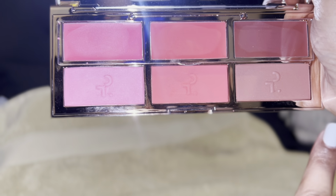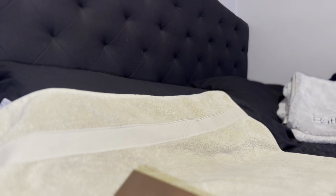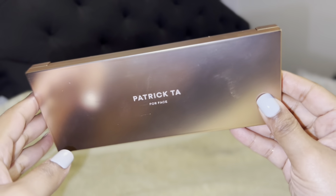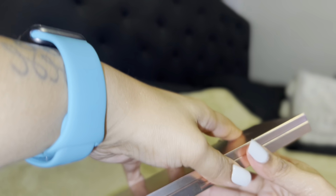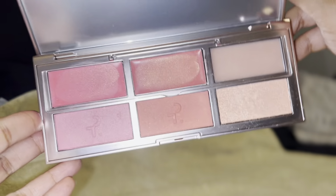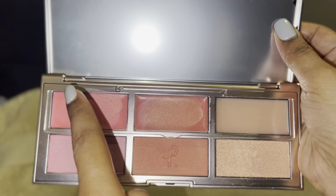Matte blushes at the bottom and then cream blushes at the top. Very, very beautiful. I think I did a review on this or a comparison with the next one I'm going to show you. If I did, I will link it below. And then the next one is actually the second palette, which has less reflective packaging, which I like a little bit better. But this one looks like this, and it has 2 matte blushes, a highlight, and then